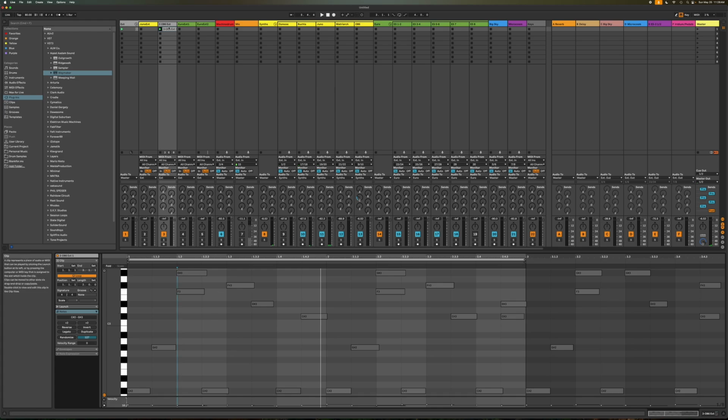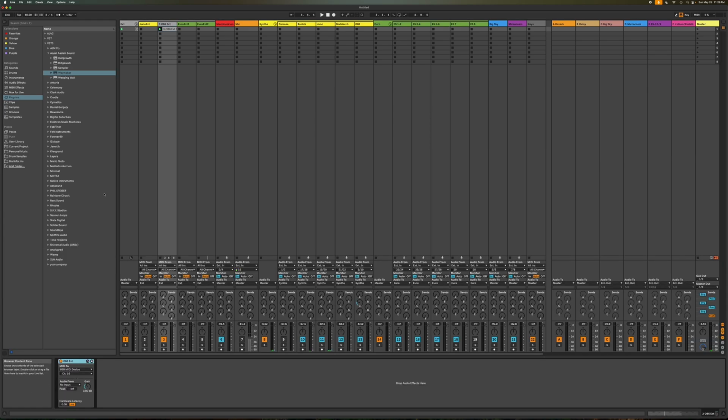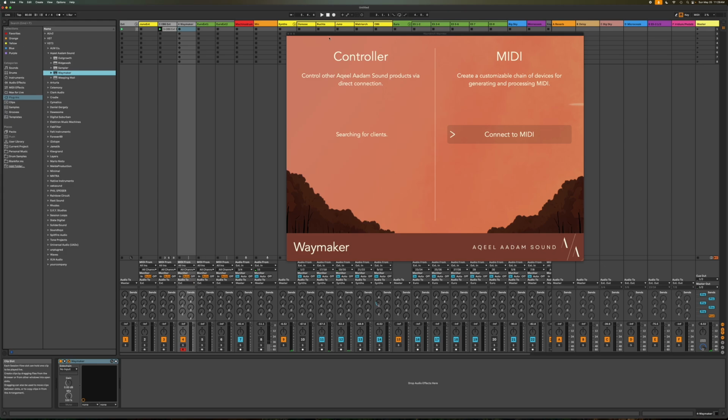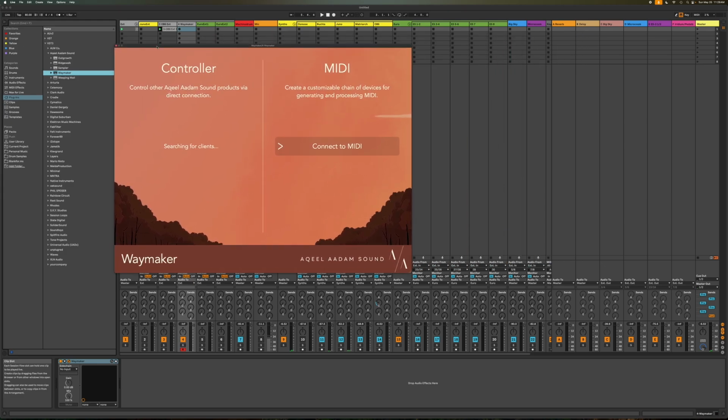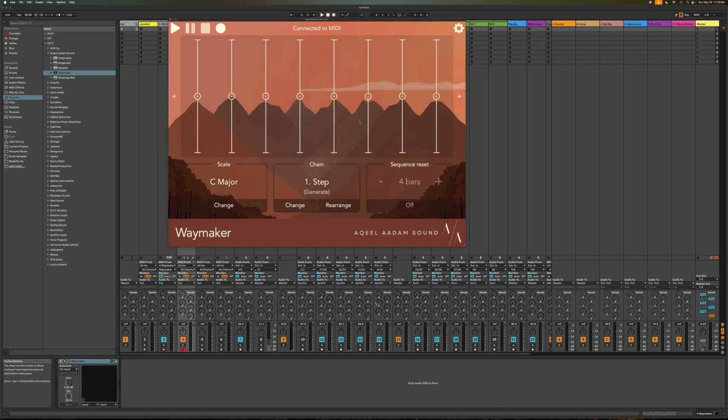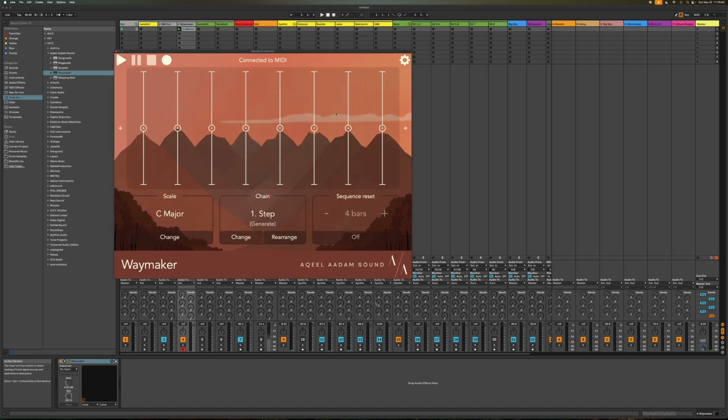So right now I'm sending this MIDI clip directly to an external instrument. It's going to my OB6. So what I'm going to do is create another MIDI track. I'm going to load Waymaker onto it, and move that MIDI clip over to the Waymaker channel. And then I'm going to take the OB6 channel and have that get the output of Waymaker. All right, I'm going to connect to MIDI. Cool. So if I start playing,